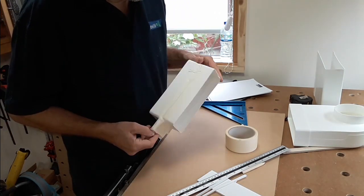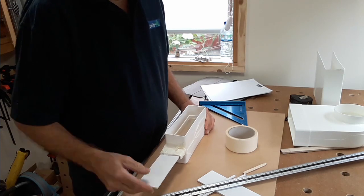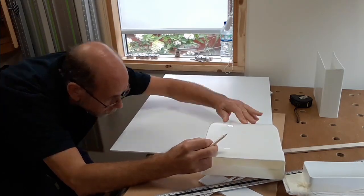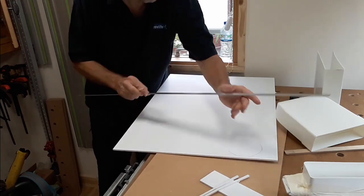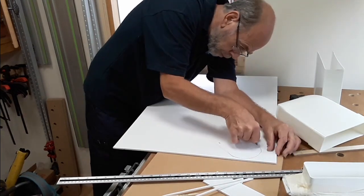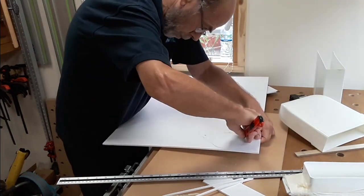It's quite often useful just to mock these things up first. The principle looked fine. Not too sure that in hindsight it would have probably worked that well, because you tend to get a lot of dust and dirt in the slides if you're not careful, and when you push it down to close it, there's stuff at the bottom that you can't get out. So I then moved on to a second idea effectively, which was a revolving